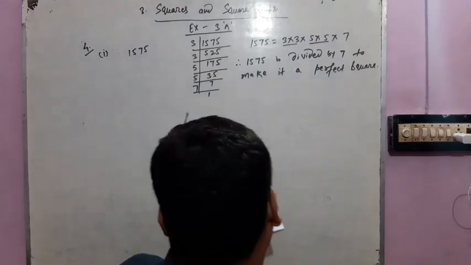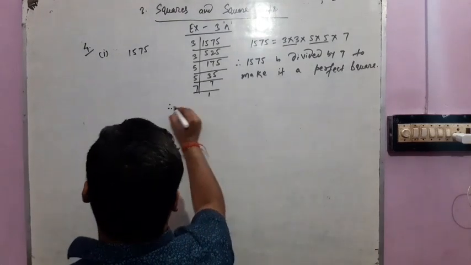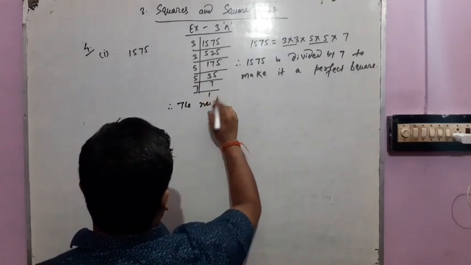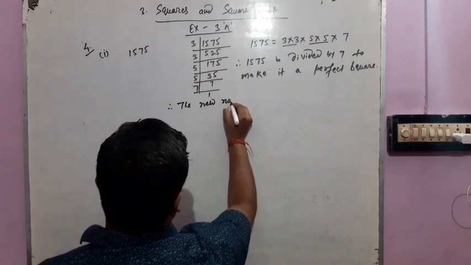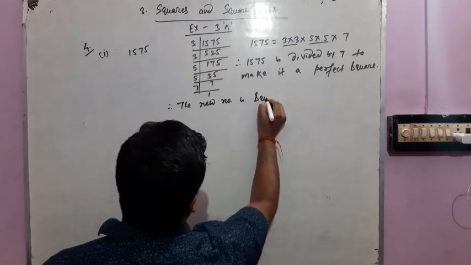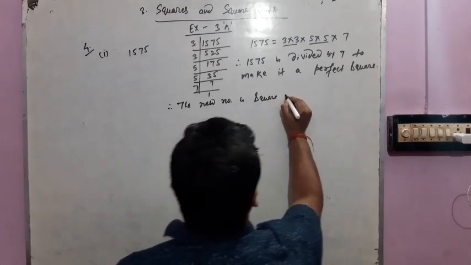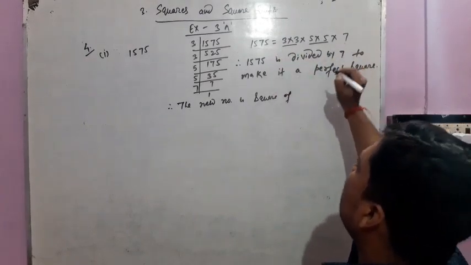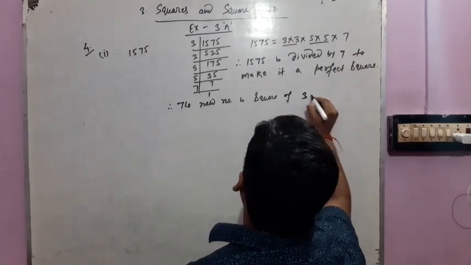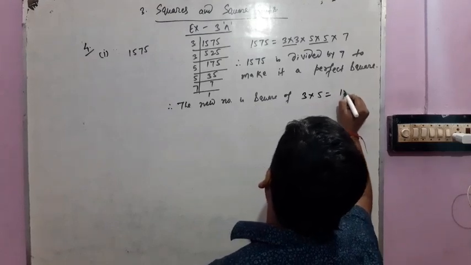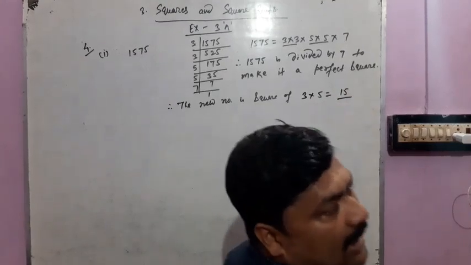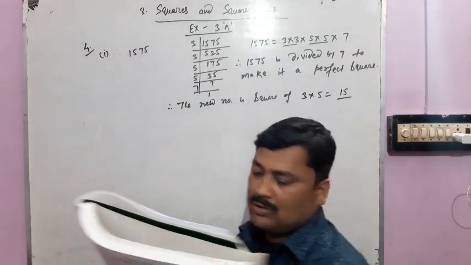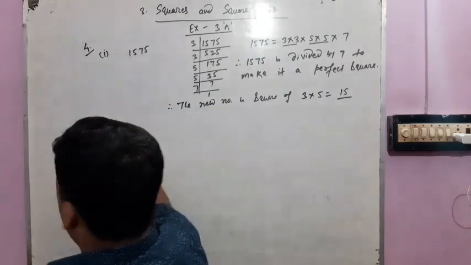Now one more question. Find the number whose square is the new number. Therefore, the new number is a square of, here 7 is removed because we have divided the given number by 7. So what remains here? Only 3 and 5. 3 fives are 15. The new number is the square of 15. Okay students, question number 5 and 6 both are the same, so we are solving here question number 5.